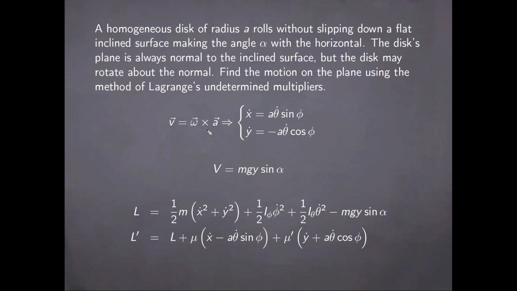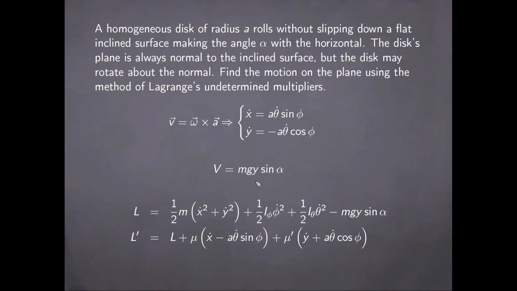And then if we write it out explicitly in Cartesian coordinates attached to the inclined plane, the two components of this relation would look as follows, where the angular velocity has been written in its components in the laboratory frame. And so these are coordinates attached to the inclined surface, and accordingly the potential energy of the center of mass of the disk